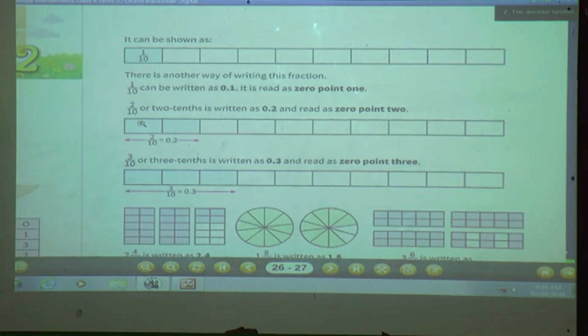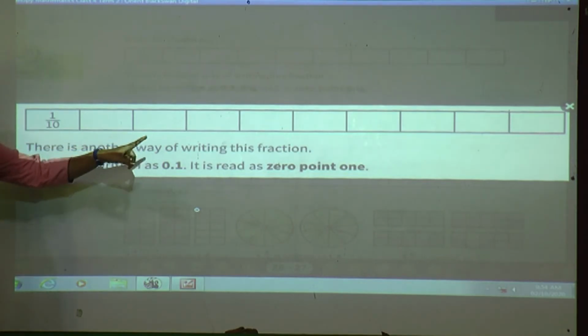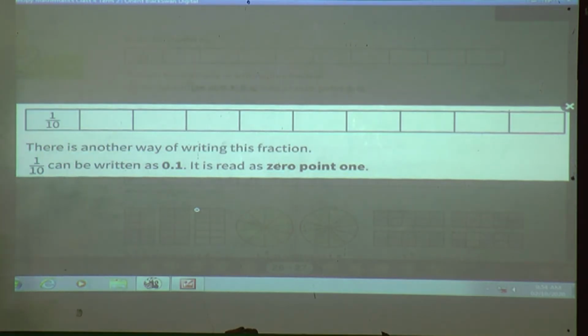It can be shown as, see, if 1 ones is there, we can divide 1 ones into 10 parts. So when we divide 1 ones into 10 parts, each part is known as 1 upon 10. So there is another way of writing this fraction. You can write 1 upon 10 as